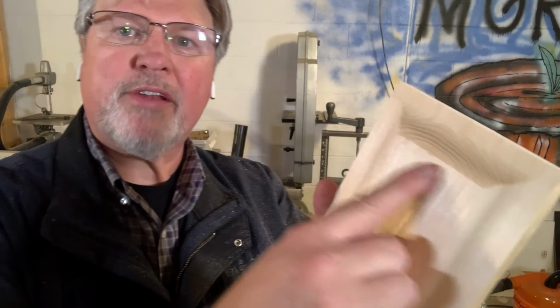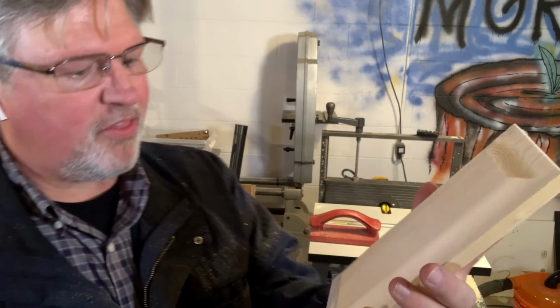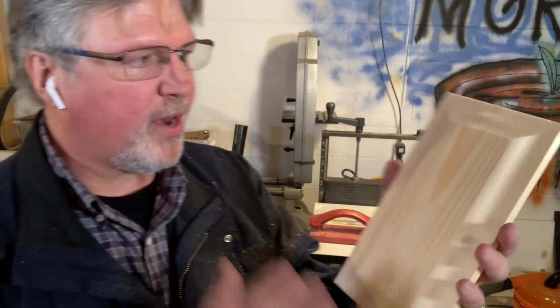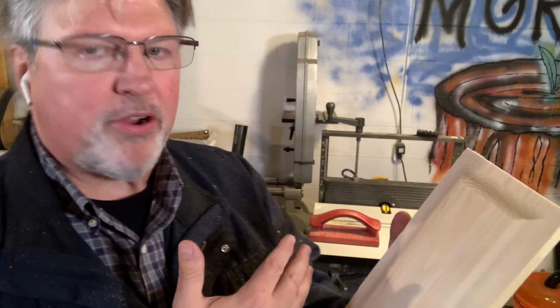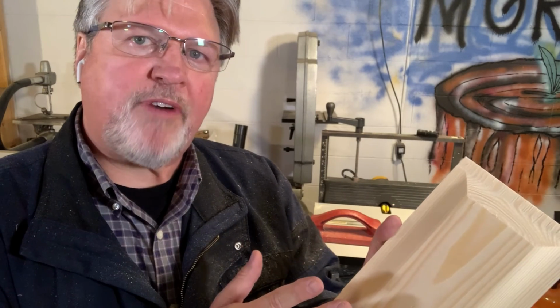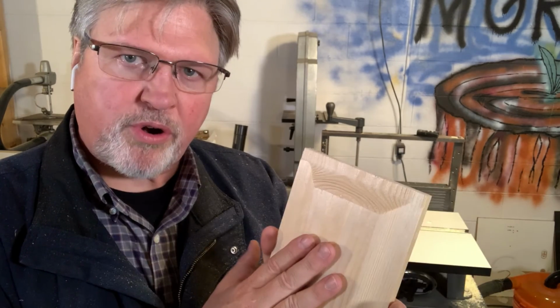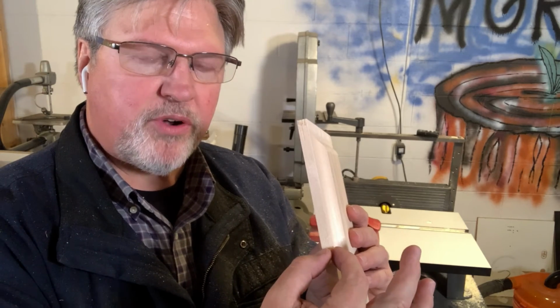I'm getting plenty of tear out on the end grain, if you can see it there. So it's not tearing out on the long grain. It is tearing out on the end grain, as a typical raised panel cutter would do. All right, so depending upon your cutter would determine exactly what your final shape is here. Maybe you're starting with 5/8 inch material. This is 3/4. The goal is to get down to 1/4 inch here to go into our stiles and rails